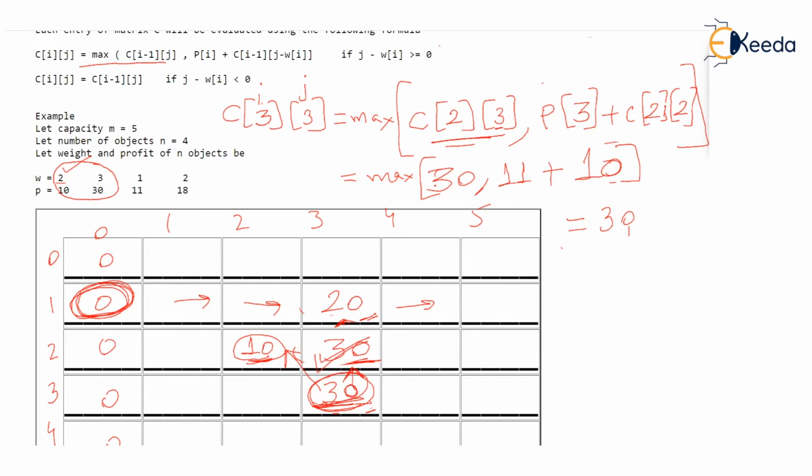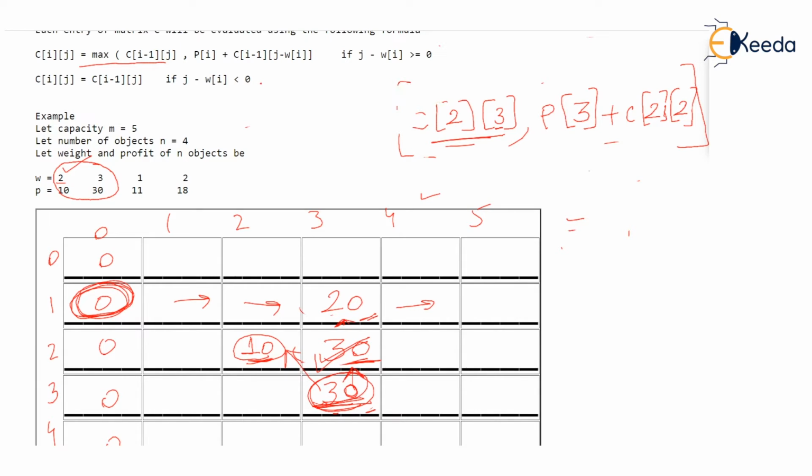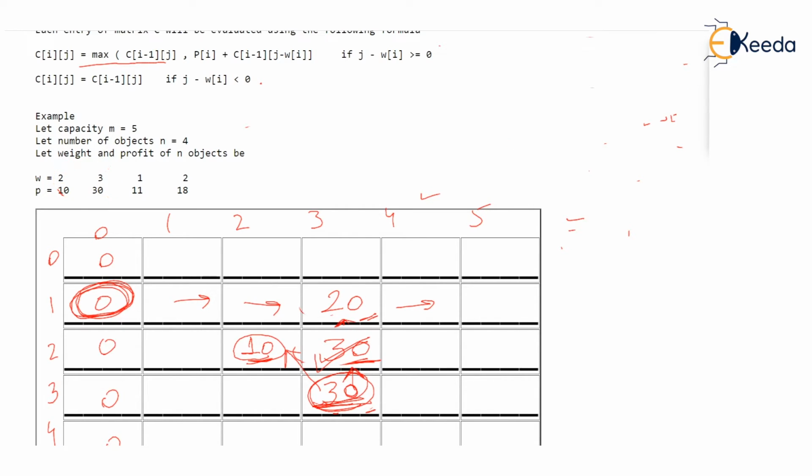Isn't it so? Now just check. We have been using the first formula always. When will the second formula be used? The second formula will be used if j minus wi is less than 0, isn't it? If it is less than 0, let's see. What if we are finding, let's say, C24, or let's say we are finding C21. Okay, C21. Let's try to find C21. C, second row,